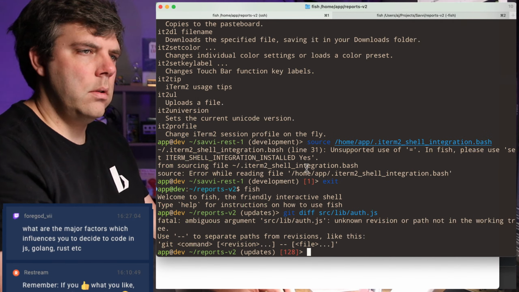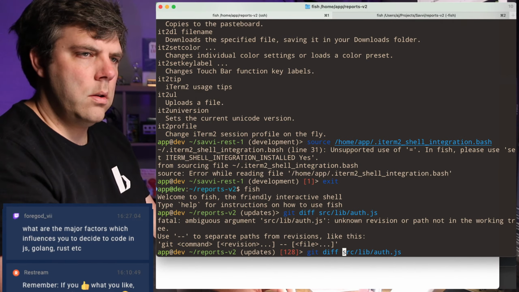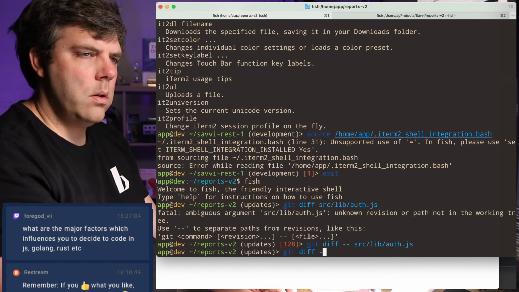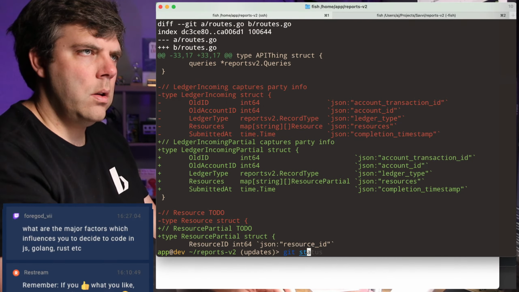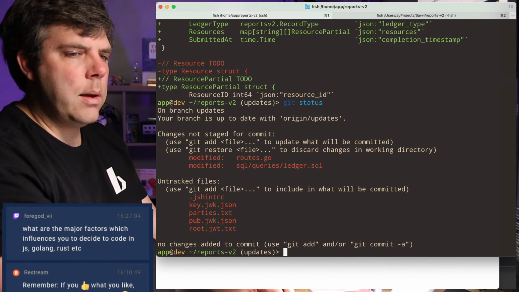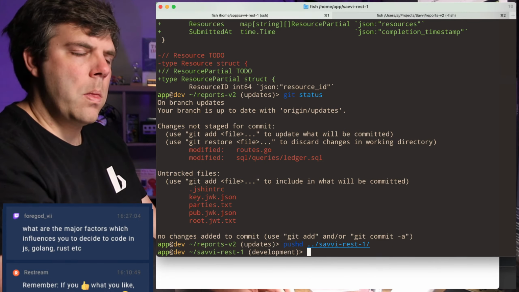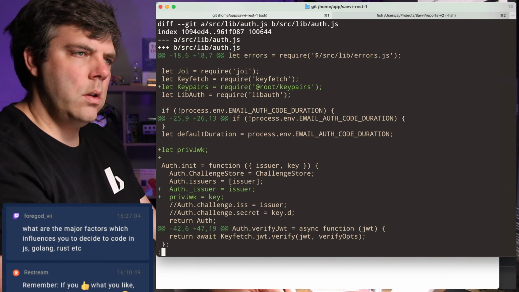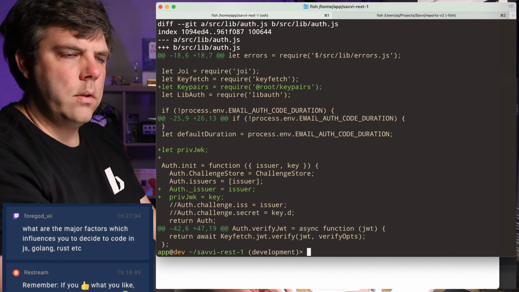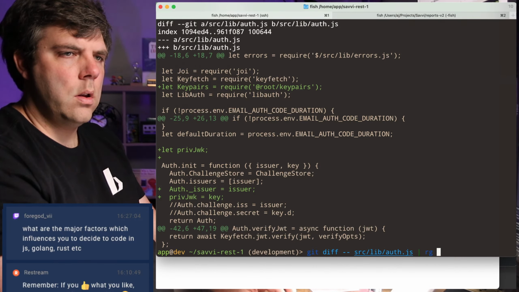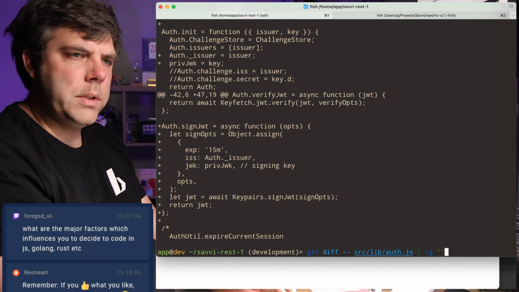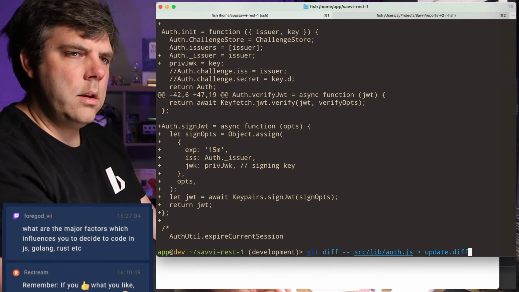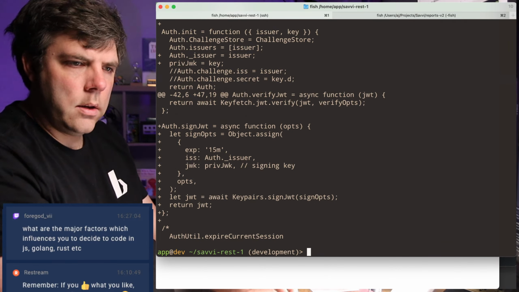Yeah, I'll just... Oh, I'm in the wrong thing, dagnabbit. There we go. Oh, whoops. Actually, let's do this. Update.diff. Cat update.diff.